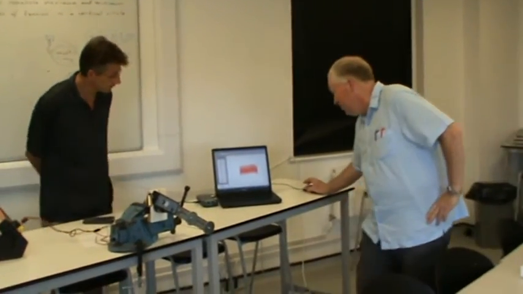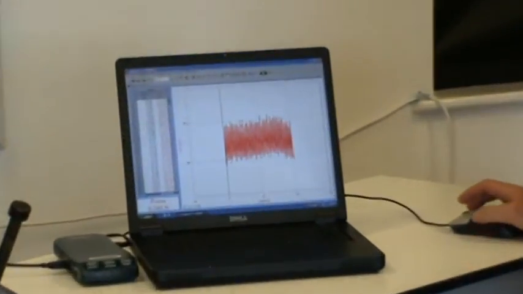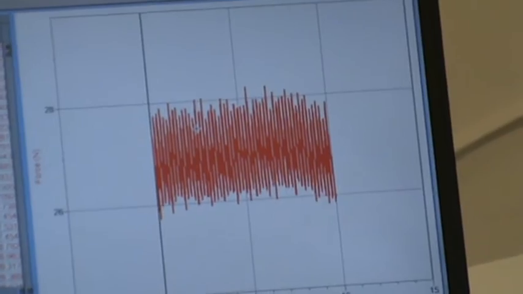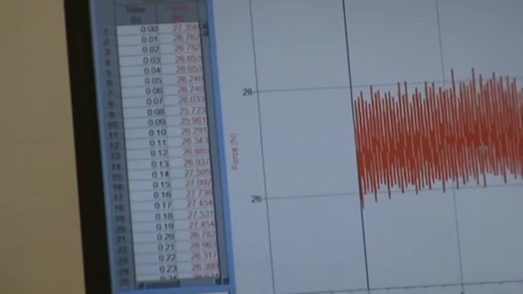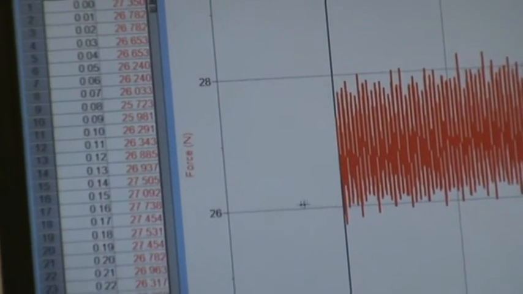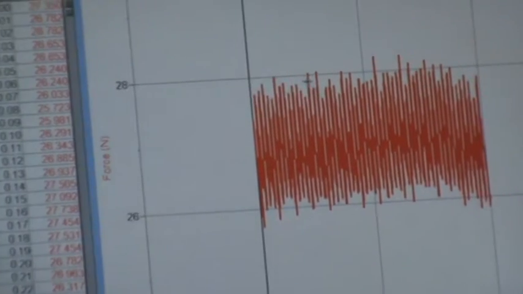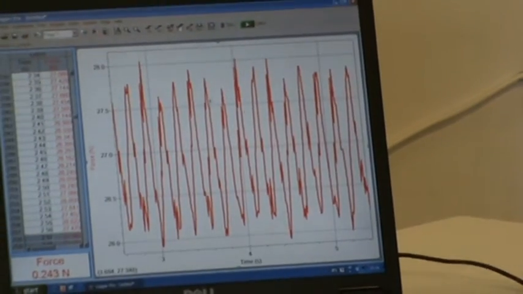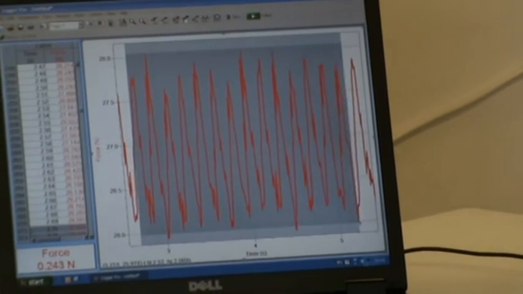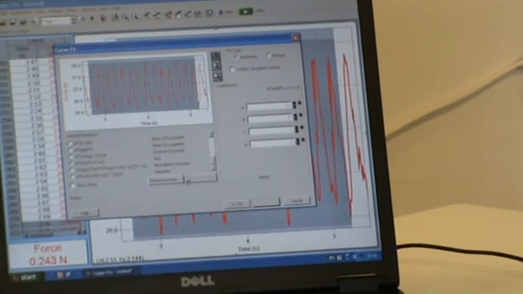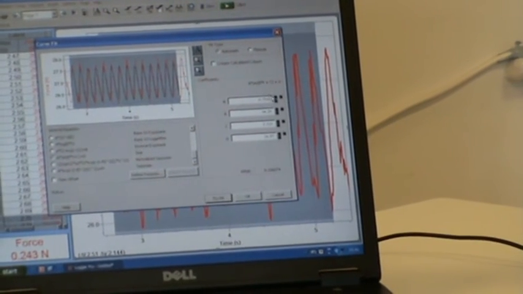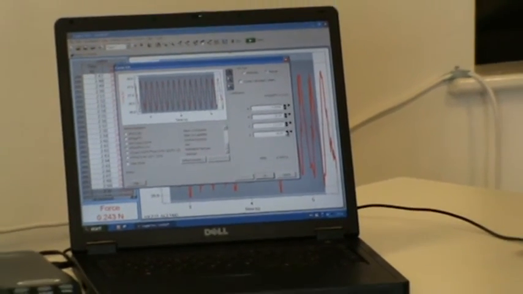Again, reasonably steady, but actually the first thing that we notice straight away just with this analysis here, it should vary by plus or minus 1 Newton, and from that complete set of data, just from 10 seconds, you can see that it's clearly varying from almost exactly 26 up to 28. But let's have a look, see what the computer can do in terms of doing a line of best fit on a small region of that data. Most of that looks reasonable. I choose that and set the function, try and fit, slightly adjust it because I'm better than the computer,